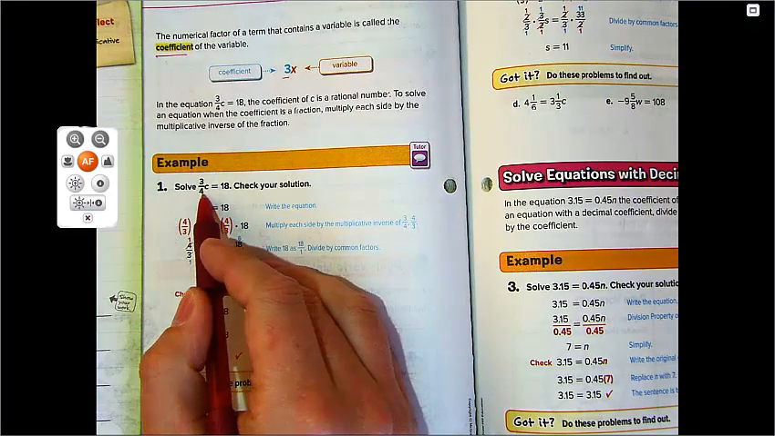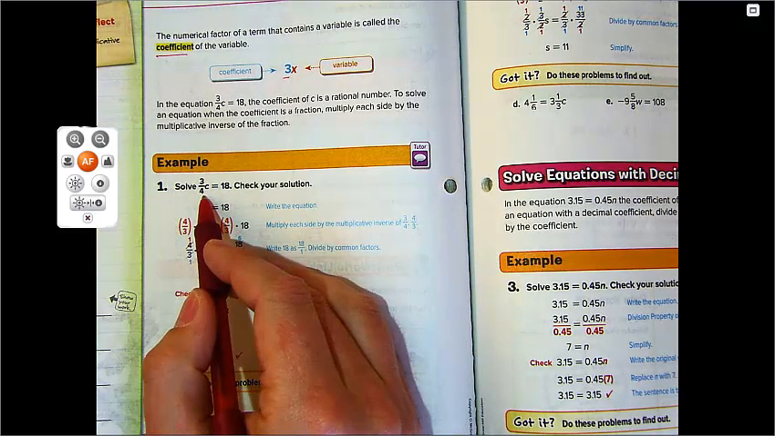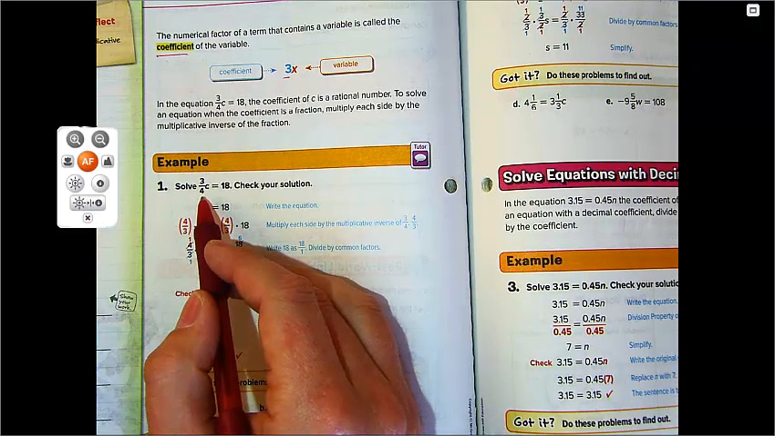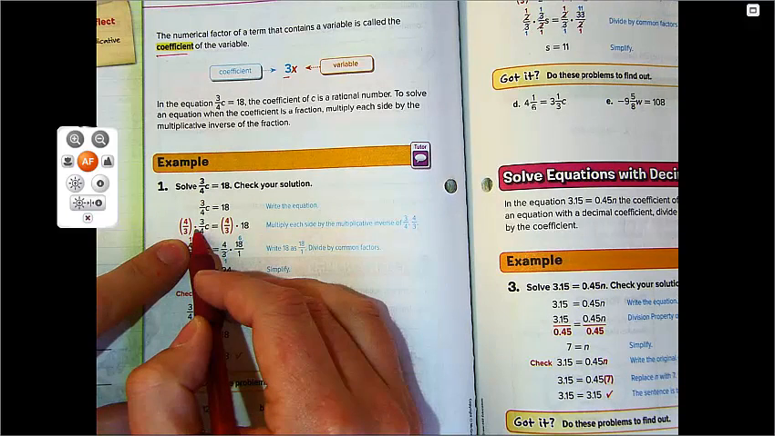Well, how do we get rid of multiplying by 3/4? Well, we divide by 3/4. But on the previous page, we already learned we do not want to divide fractions. Instead, we multiply by the reciprocal. So notice, instead of dividing here, I have multiply